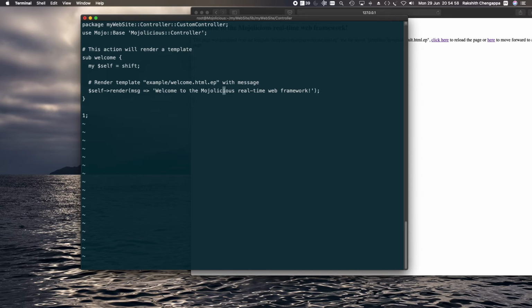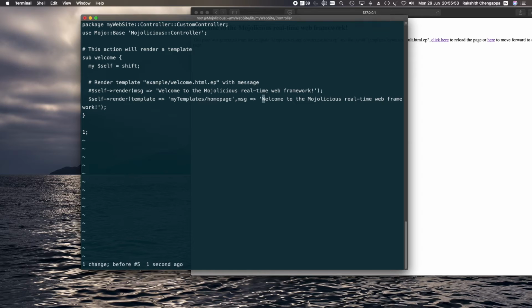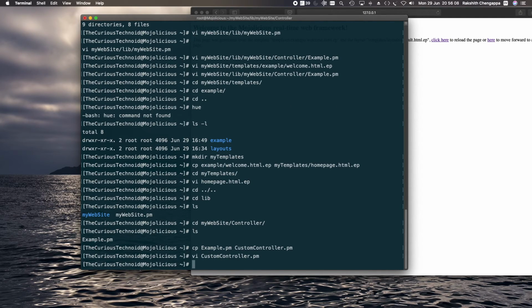So instead of this line, I'll change it to the template that we just now created. I will change this heading to, save and exit.